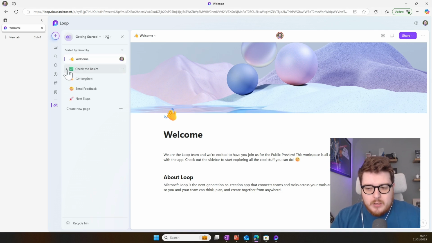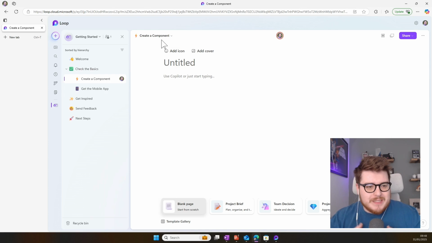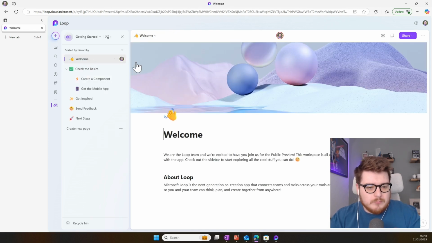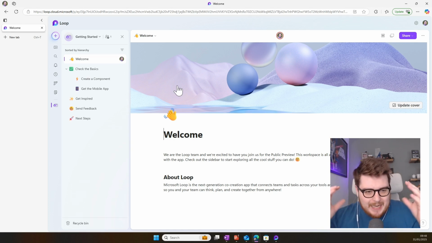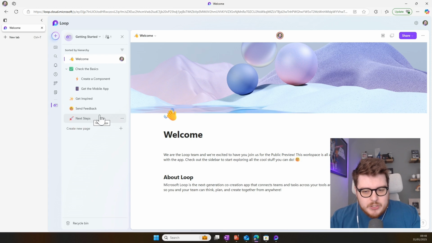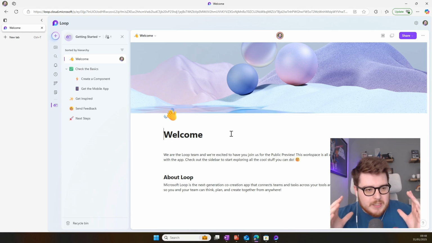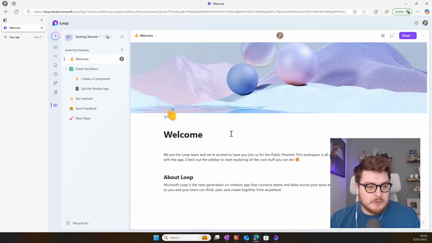These are pages where you can put key information on a particular topic, like a welcome to the team page that you want to keep up to date and add information into. Then you would share those around your organization, and people can edit and collate that information. Those pages can be embedded into M365 apps, or sent out as share links. And then lastly, you have those workspaces.